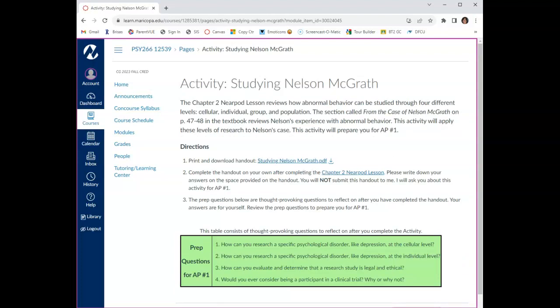Each week, you will have an activity that expands on a topic or section of the chapter. This activity is often tied to the weekly discussion board or to the application paper. This week's activity is called Studying Nelson McGrath. I want you to think like a psychologist and apply the different levels of research method to the case of